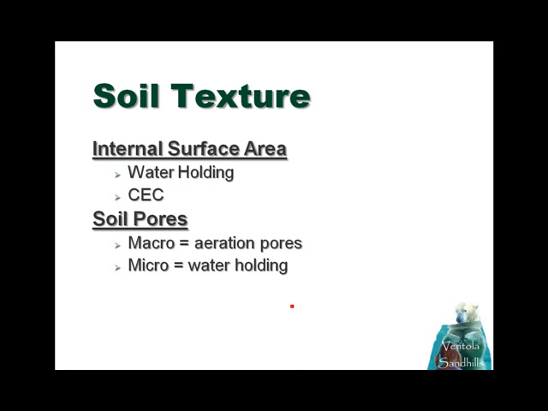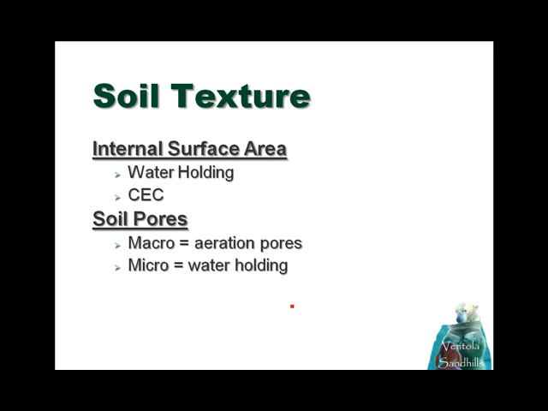First, we're going to talk about soil texture. Soil texture is the size of the soil particles. We're going to talk about the soil triangle. We can have sand, which is the coarsest of the soil material, silt, which is in the middle, and clay, which is the finest. The proportion of these three things can be in any sort of proportion, half, half, 50, you'll see on the soil triangle, but whatever that is, it's going to affect the internal surface area, the